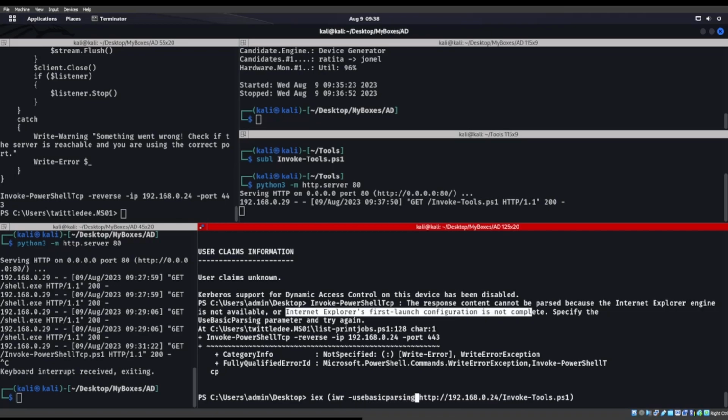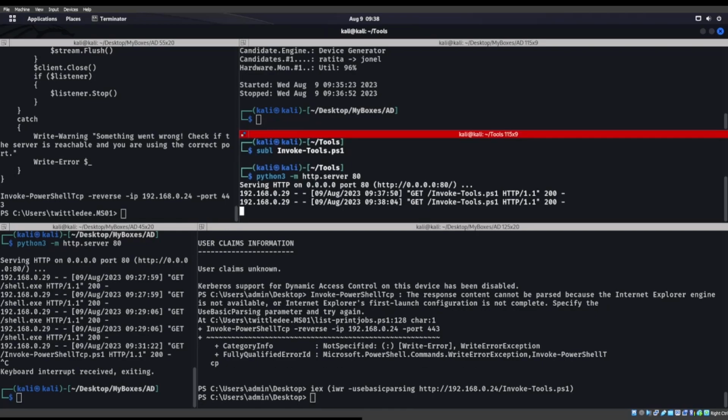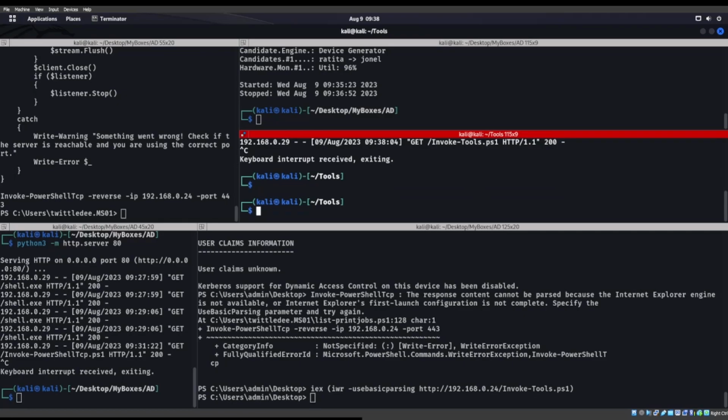As we can see, Internet Explorer's first launch configuration is not complete, so we've got to use basic parsing, and there we go. All right, now if you are wondering where to find those tools, on that same GitHub page,